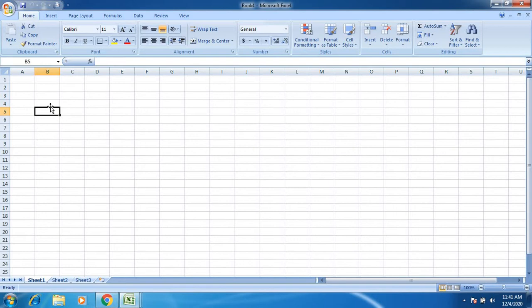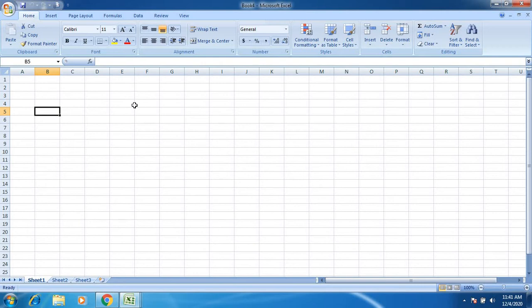The Excel file is called a workbook, and each workbook has some sheets. Here I am working in sheet 1. If I want to work in sheet 2, I have to click over here. If I want to work in sheet 3, I have to click over here. In this way I can change the sheets. Each workbook can have a number of sheets and each sheet contains the cells.